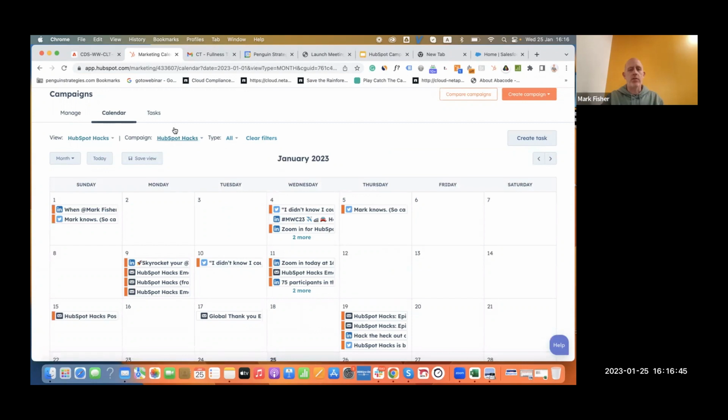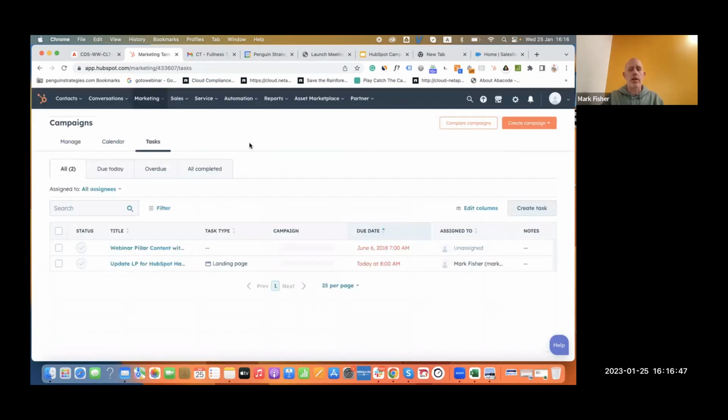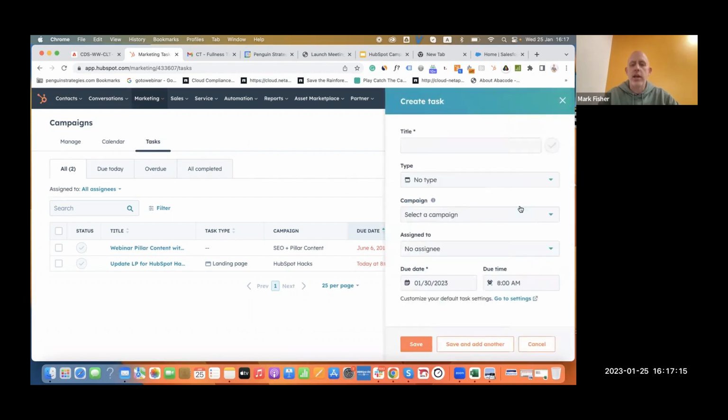The second option, which is very interesting, is that I can create marketing tasks. This is really cool for the marketing team. In our case, I can reach out to Ira, who does our social media, and say, for the next HubSpot hacks, which is on reporting in 2 weeks' time, can you already set out 2 or 3 tasks, setting up posts for 2 weeks' time? I'm inside the task, so I can create a task here and say,